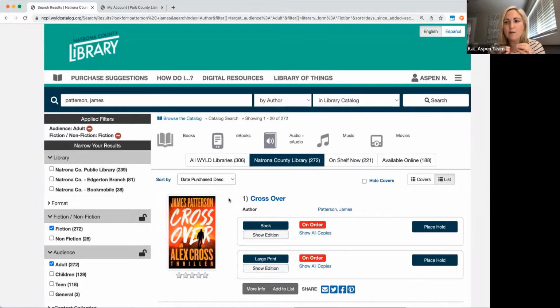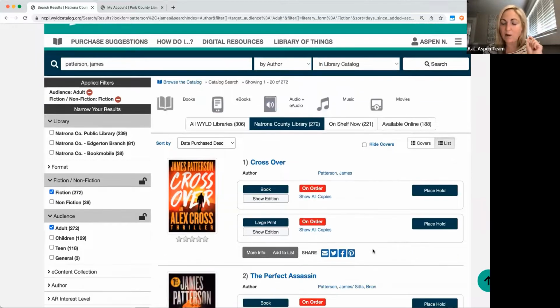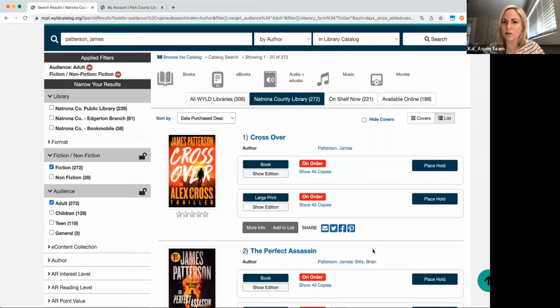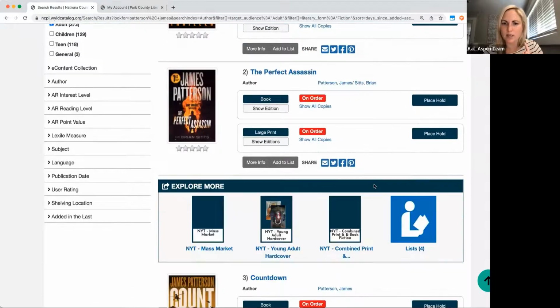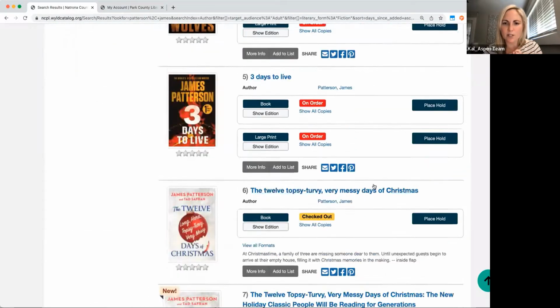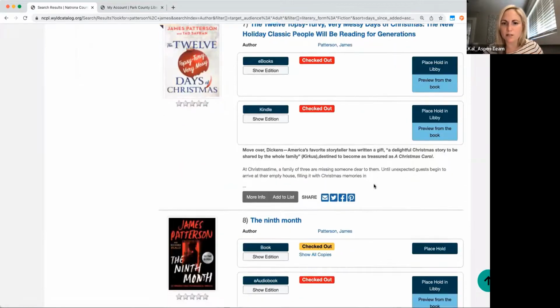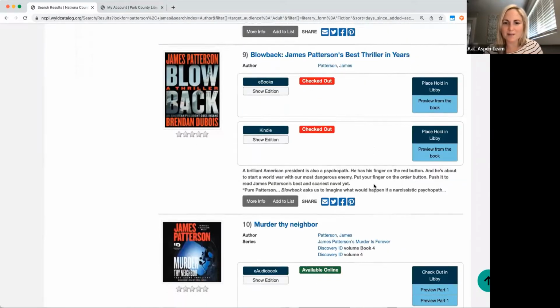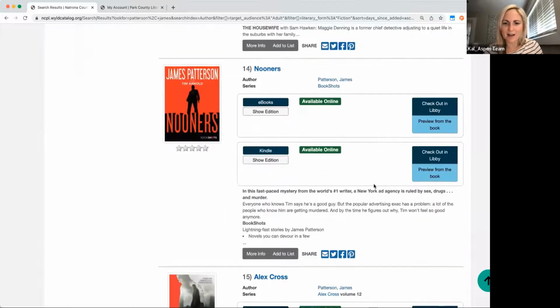Okay, so now I really like the search and the view of the search. So I want to save this search so that I can monitor it and keep up with it. So I'm going to scroll down, and I will say in one of our new releases, we're going to move this button more prominently up to the top. But for now, I'm going to show you where this thing lives. So I'm going to scroll all the way down to my search, and I'm making sure this search looks good. I like this search. I'm going to keep scrolling. James Patterson has a lot.